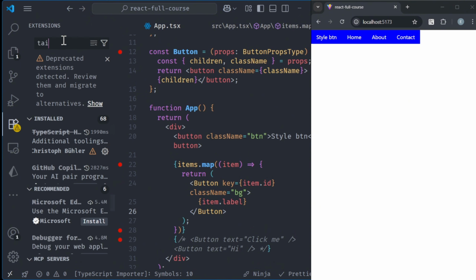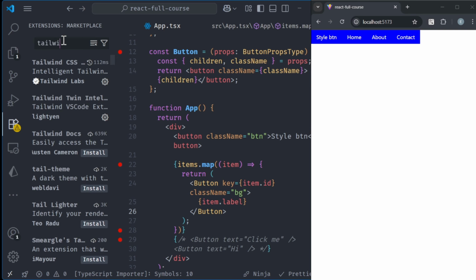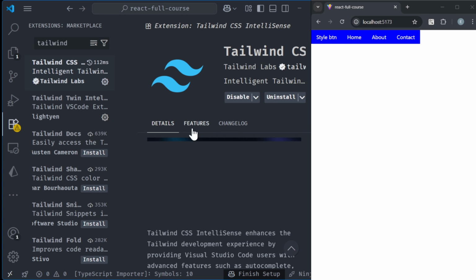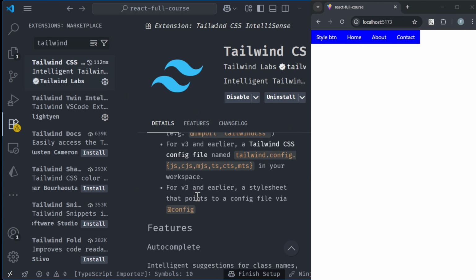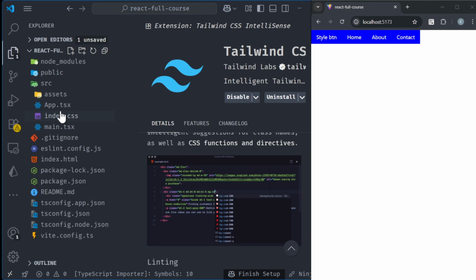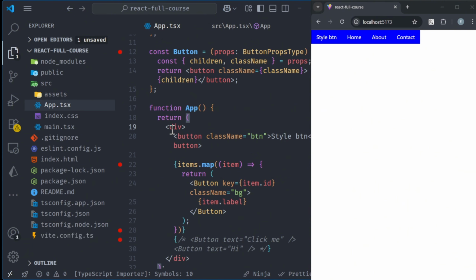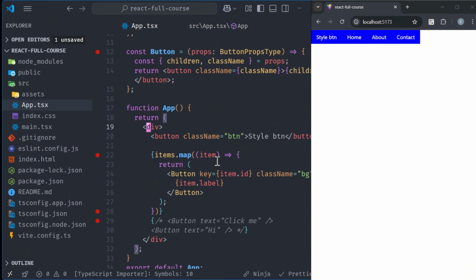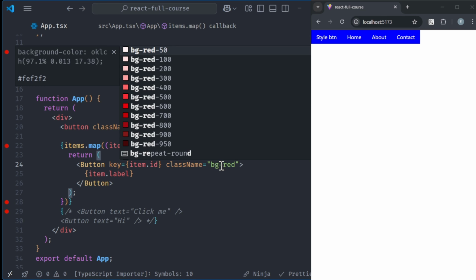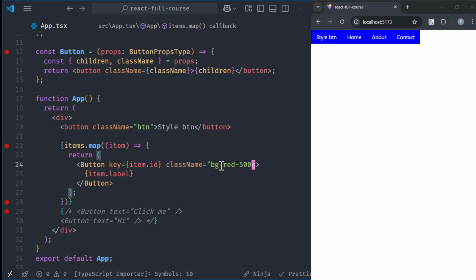You can search for Tailwind CSS IntelliSense, which shows up when you type a Tailwind CSS class. So let's head back to the Explorer, inside the App.css. I'll close that. Now I can say bg-red-500, and you can see that this has changed the color of